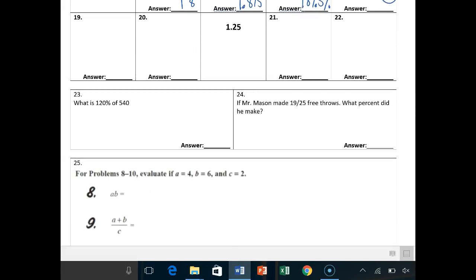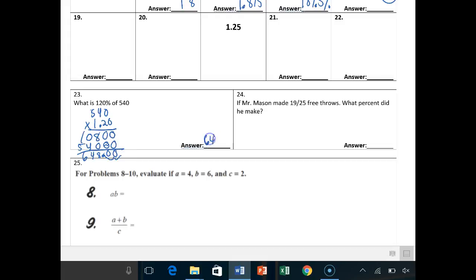Number 23, what is 120% of 540? I can do this a couple ways. I can say what's 100% of 540, and then what's 20% of 540, or I could multiply. So I could do 540 times 1.20. Obviously my first row is going to be nothing but 0, so I could just put a 0 and then move on to my second row. So 2 times 0 is 0, 2 times 4 is 8. That's going to give me 10. Add 2 zeros. 0, 4, 5. Add it all up. I'll get myself